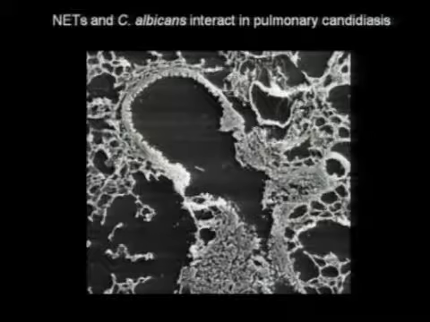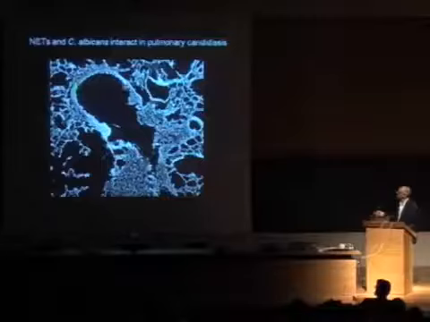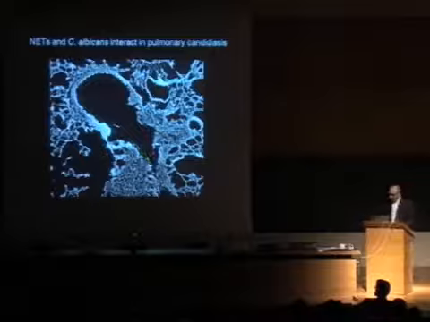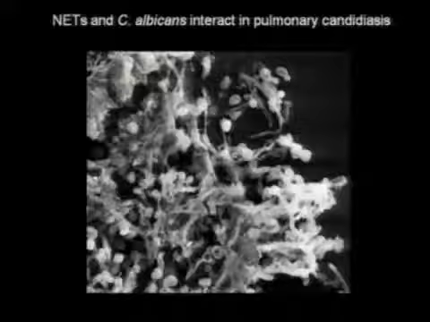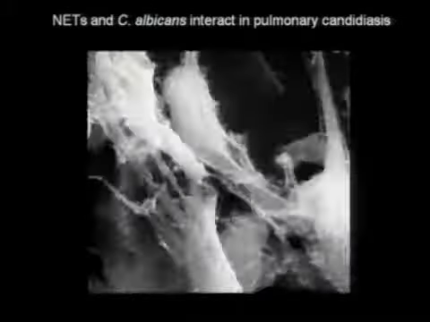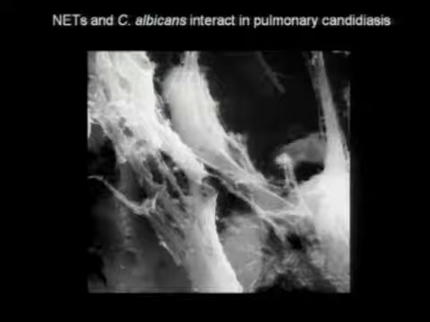So this is not the same, but a similar view as the one I showed yesterday. Again, to orient yourself, this is a lung infection with Candida albicans. This would be a bronchus, and here is a site that is heavily inflamed. And if we focus on this area, you can start seeing the structures of the Candida. You can see here a yeast form that is starting to make a hypha, and many other yeast forms that are present in the lung. If we look in even more detail, you can see the yeast form completely covered by these structures that have the right dimension and the right structure to be nets.